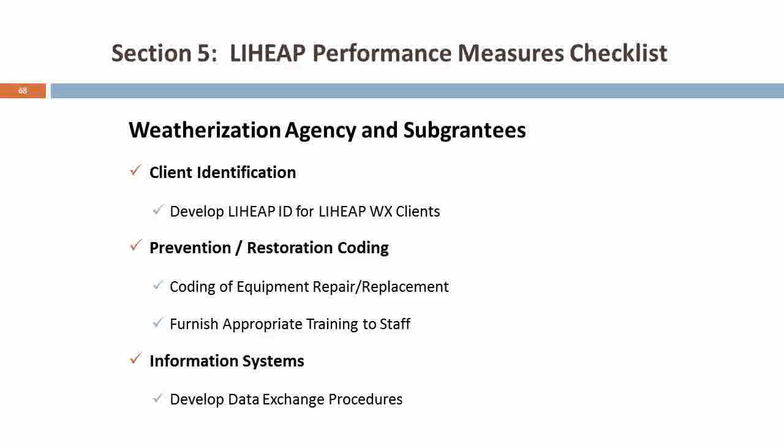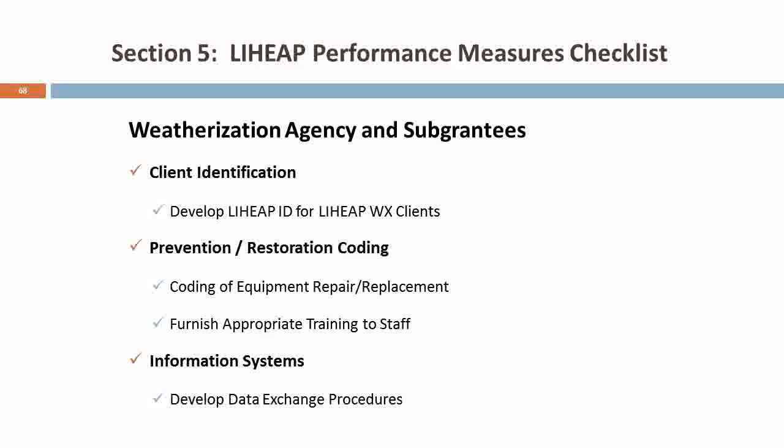It's important to develop a LIHEAP ID. You need to, even before performance measures, have unduplicated data. If you're going to unduplicate data when you're using information from two different departments or agencies, you have to have some way to deduplicate it. Social Security number is awesome. I mean, that's pretty standard. But if you don't use that, what are some other ways that you can develop an ID? And that's something that we can help talk you through at Apprise.